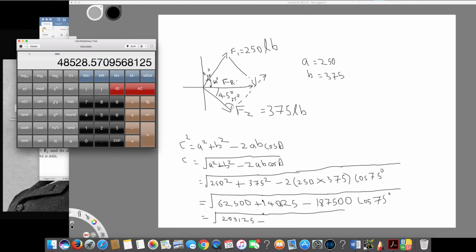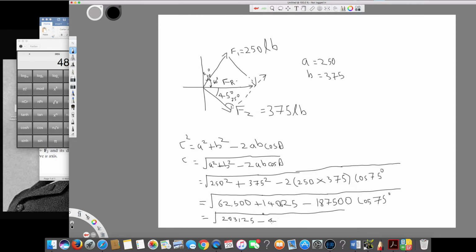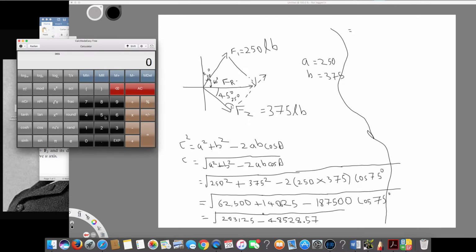So the value is 48,528.57. So let's deduct this. So 203,125 minus 48,528.57 is equal to